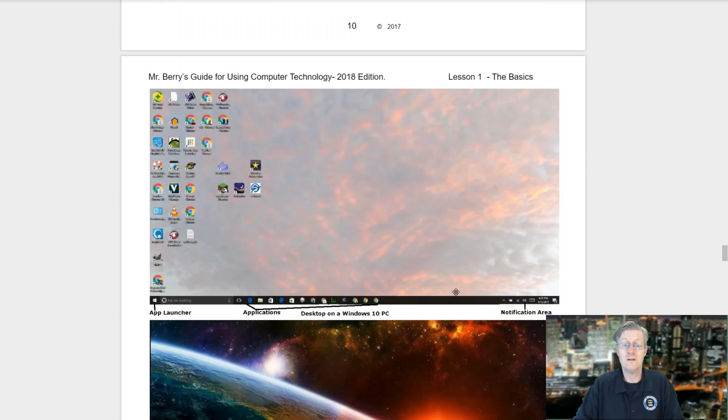Next we have the Windows 10 desktop with icons, the app launcher or start menu, and then we have a special area here. You simply click in there and you type your question or anything that you want to look for, and Cortana will look for you. Cortana is the Windows search assistant, but it does more than just searches. It can also help you arrange your data book and other things. Next, we have the applications down there that are pinned to the taskbar, and then the notification area is holding